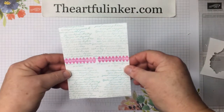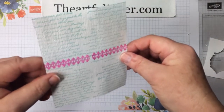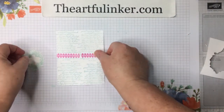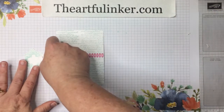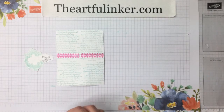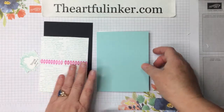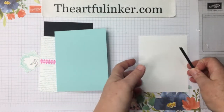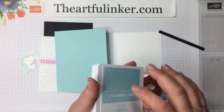Okay, and then we have our piece here that's, let's see if you can, there we go. That kind of shows that subtle embossing folder. It's just a nice soft texture on there. And I've got my sentiment that was cut with a Stitch So Sweetly die. And then let's grab our card pieces. I've got a basic black mat and a card base in Pool Party, and I've got this Baroque medallion again,